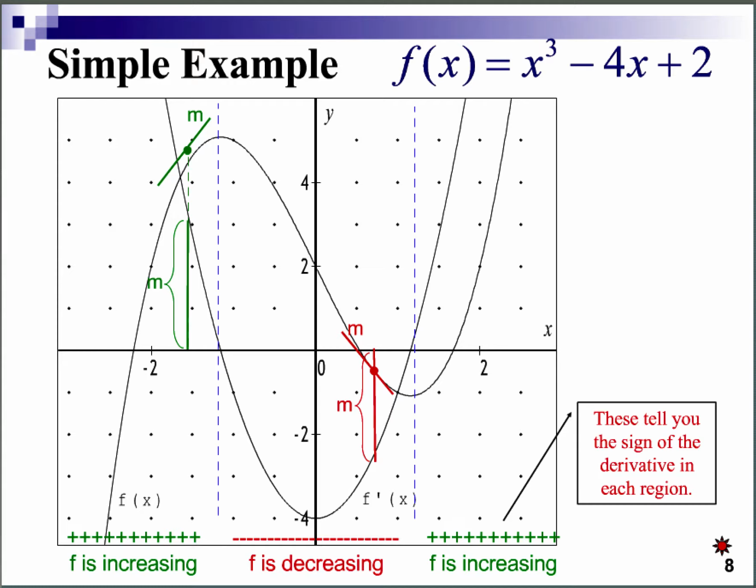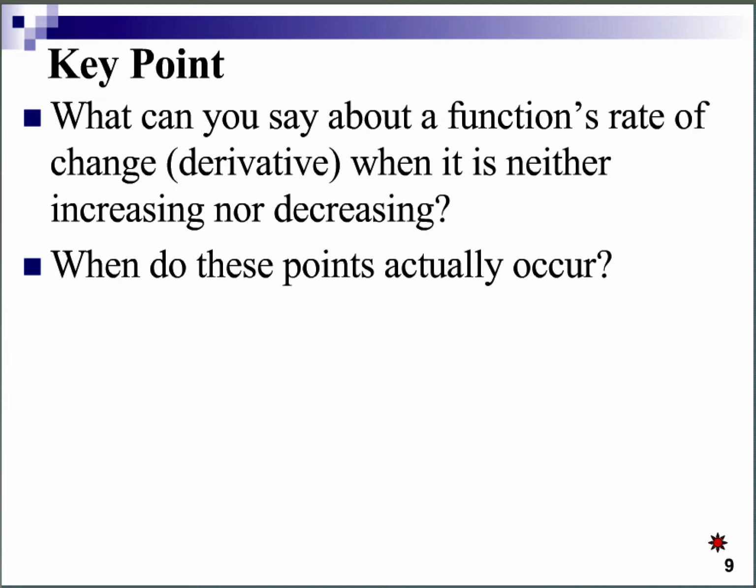So the sign of the derivative tells you what is happening to the derivative, but it also tells you what's happening with the original function. A positive derivative tells you that the original function is increasing, and a negative derivative tells you that the original function is decreasing. So let's continue with this exploration. So now that we've seen a visual picture of how a function and its derivative graphs are related, the next thing we want to do is begin to explore